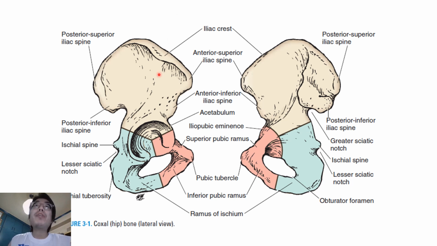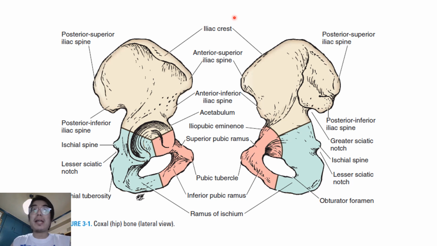Other parts of the ilium include the anterior superior iliac spine or the ASIS, the anteroinferior iliac spine directly below the ASIS, the posterior inferior iliac spine, the greater sciatic notch. The greater sciatic notch in the anterior view is over here. The iliac fossa